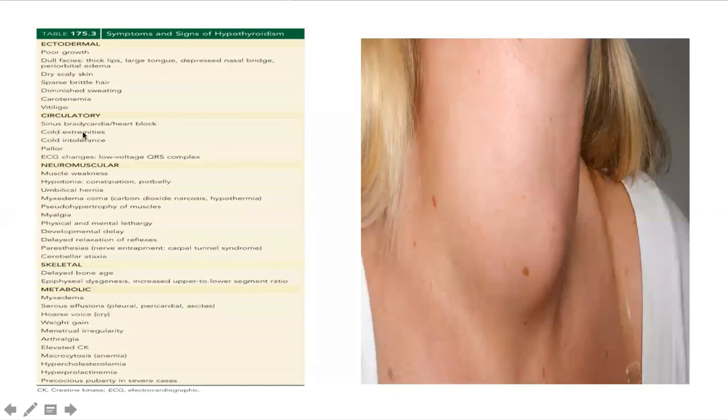زي ما قلنا بيبقى فيه بقى هنا bradycardia، بيبقى فيه cold extremities و cold intolerance، بيبقى فيه delayed bone age. زي ما انتوا خدتوا قبل كده ان احنا بنعمل الثايرويد بروفايل for children اللي عندهم short stature، فبنلاقي عندهم delayed bone age. ممكن يبقى فيه weight gain، ممكن يبقى فيه hypercholesterolemia،